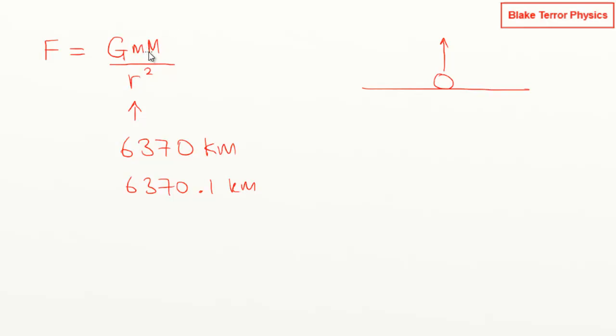Our masses aren't changing. Big G is just a constant anyway. So really we're saying that there's not much going on here. There's not any change really in the force due to gravity. So we're then treating this force as being constant over the small changes in separation that we're considering in our problems. So another way of thinking of that is if you really zoom out on the Earth and make it that size,